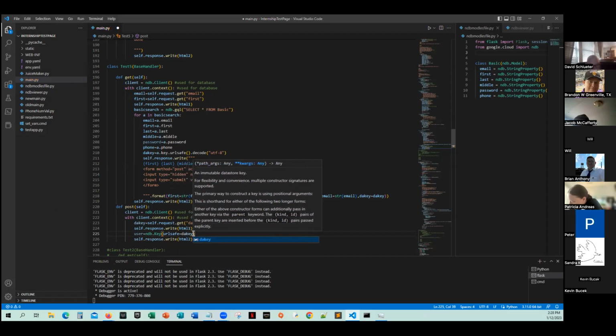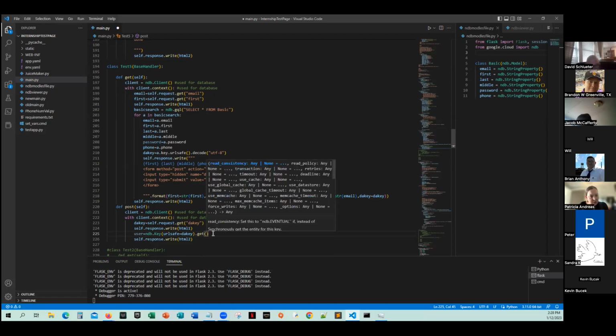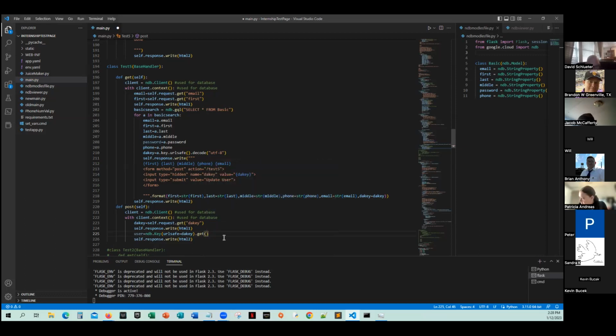And then at the end of that line, put a period and put dot get. Because what we're doing is, we have the key with the URL safe, but then we want to get the information from the database so that we can update it and manipulate it or whatever. So then put two parentheses at the end. Yeah. Okay. And now let's go to the next line